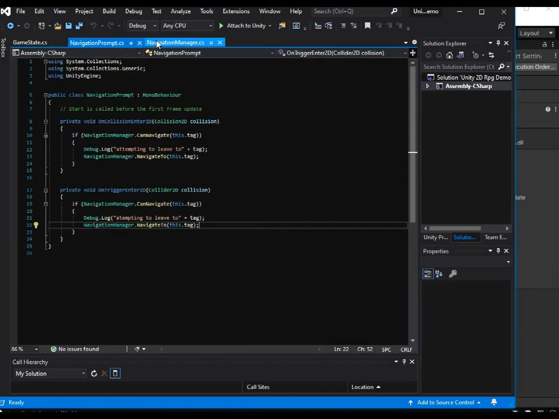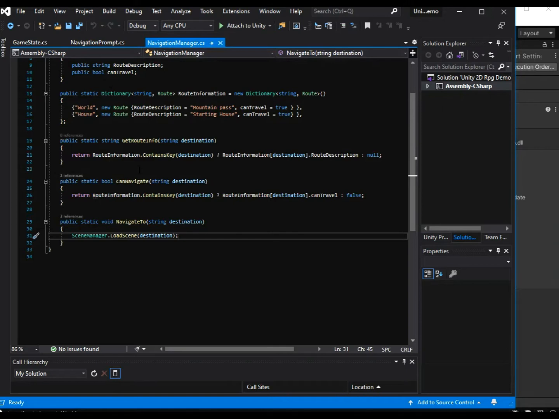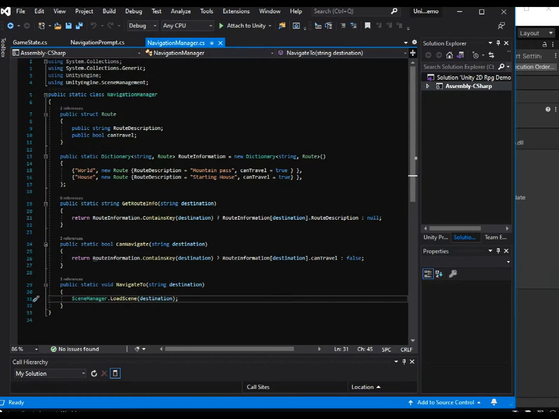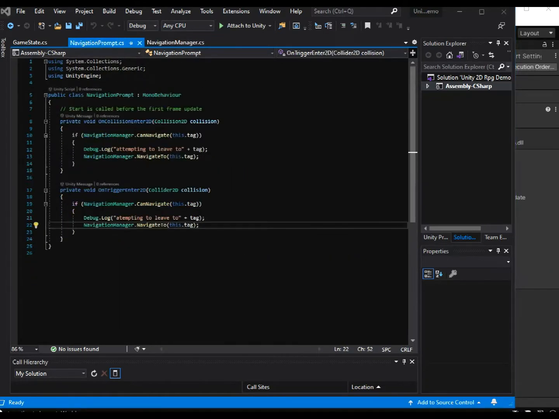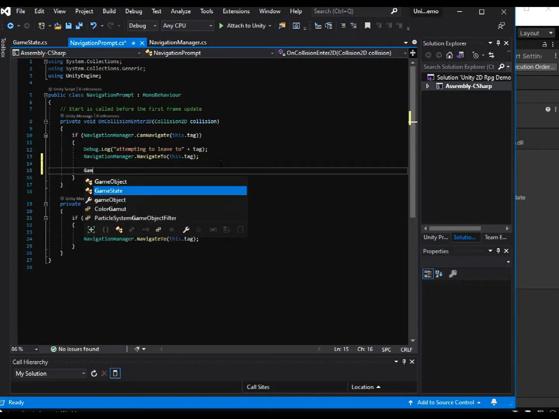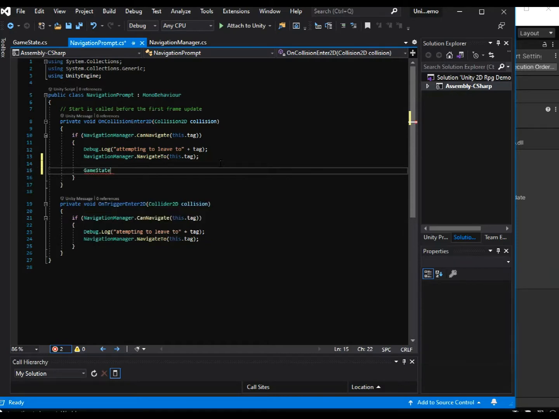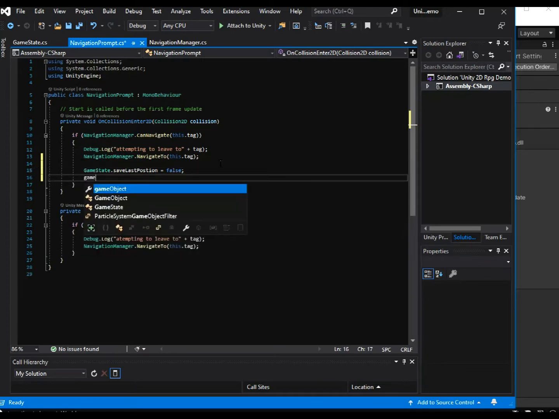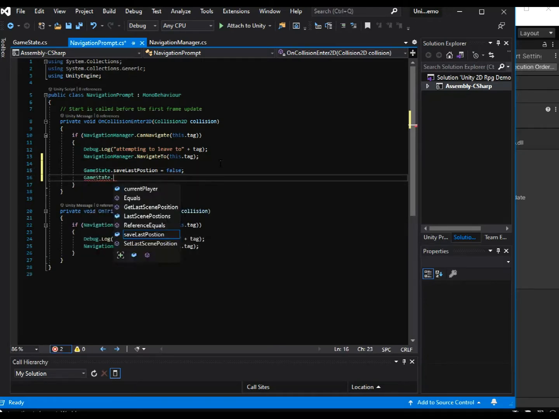We need to come back into our navigation manager here. Actually, I think we might be good in the navigation manager. Let's go over to our navigation prompt, and in here, this already calls a navigation manager, so we already have the goodies. In this onCollision enter, we need to call our game state, and we need to save the last position, set that equal to false,